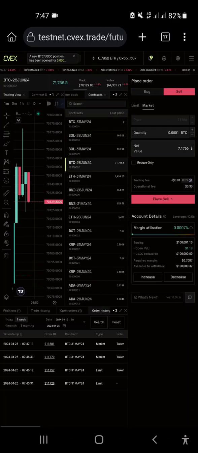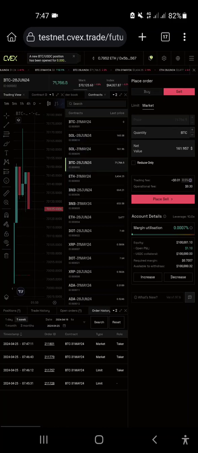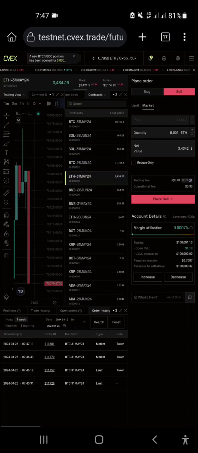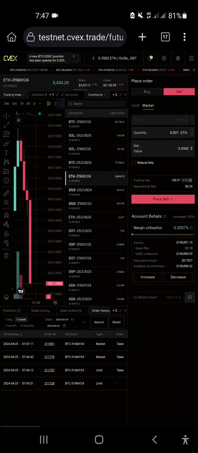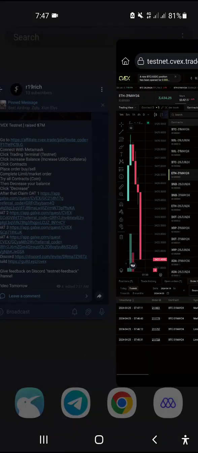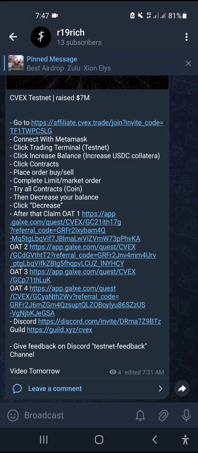If you don't understand, pause and rewind a certain time in the preview, watch this section, and apply it to every token the same way, just use their website. Okay, done. Now what you need to do is come into Telegram to see what is next.